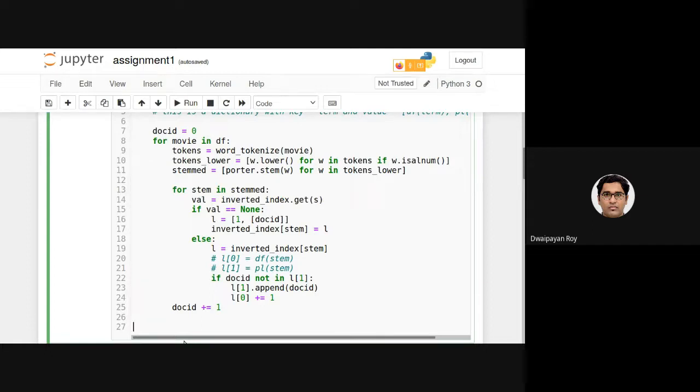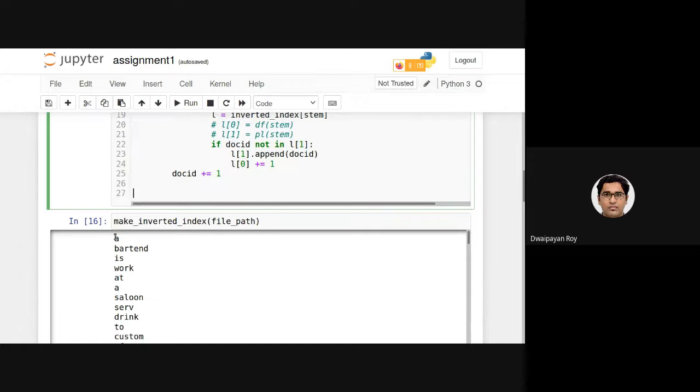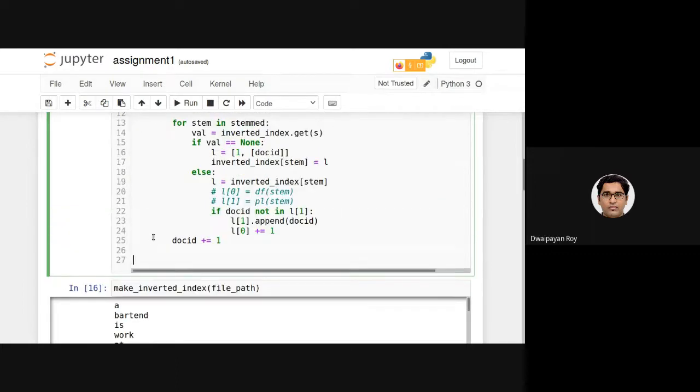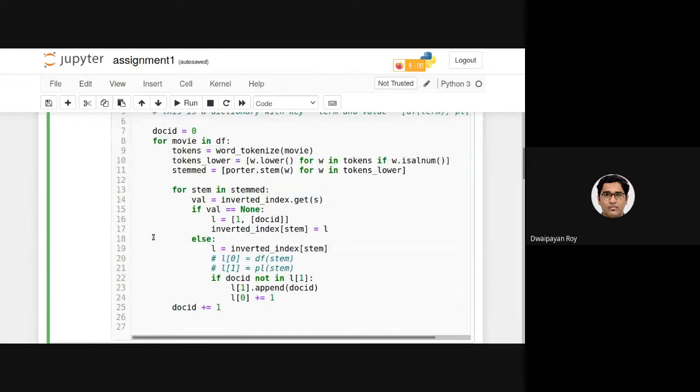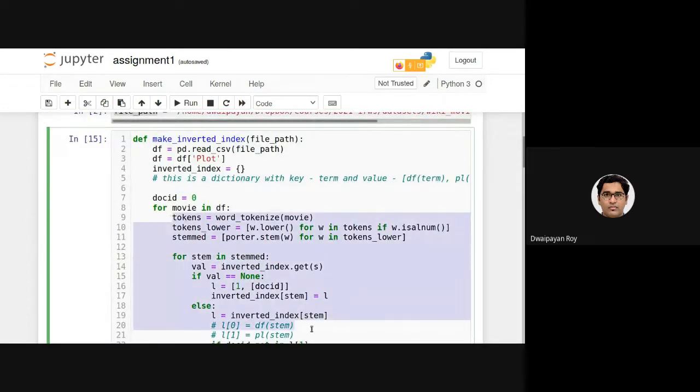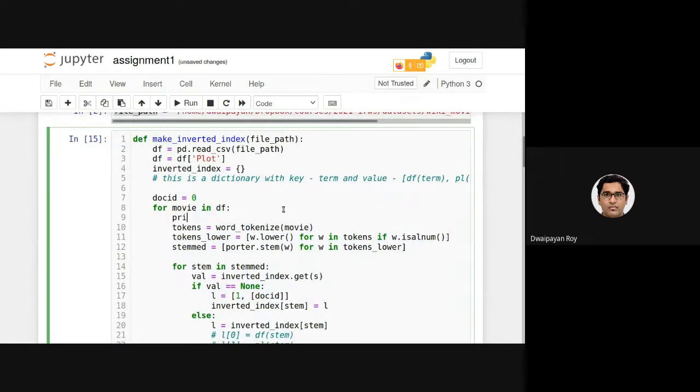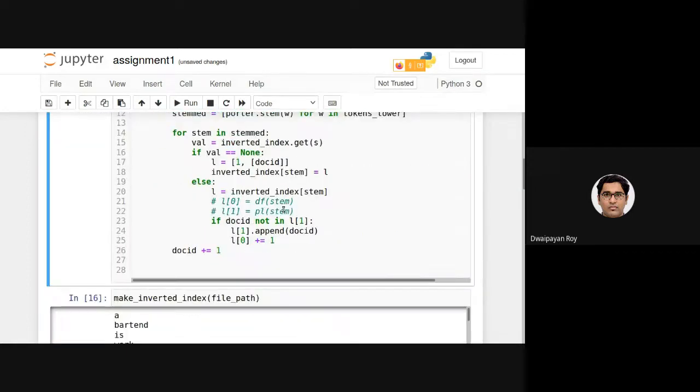That's it. Because whenever we'll be processing, we'll be reading the documents line by line. Basically, we'll be reading the movies one by one, and then each of the movies. So this is movie 1. Let's just print the movie counter as well, so that we can understand where exactly we are reading the documents, the doc ID. Now, if I execute this,